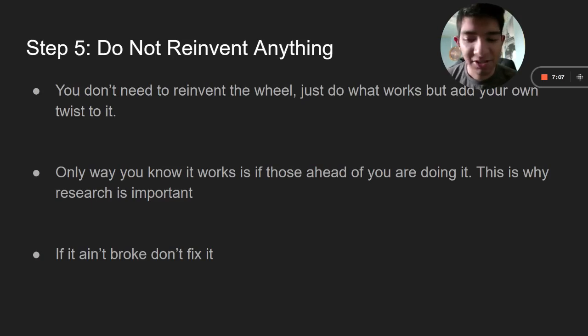So I know this third bullet point is kind of another cliche saying, but if it isn't broke, don't fix it, right? If what you're doing has no relation to what your niche is, or is not in line with what everyone else in your niche is doing, you're probably bound to fail, like I said, unless that very rare exception hits, which is almost likely to not happen. So if it isn't broke, don't fix it. Just do what others are doing, but obviously add your own twist to it. You don't want to be a carbon copy at the same time. You want to be your own person. You want to be your own brand, whatever. But do not try to reinvent the wheel, if that makes sense.